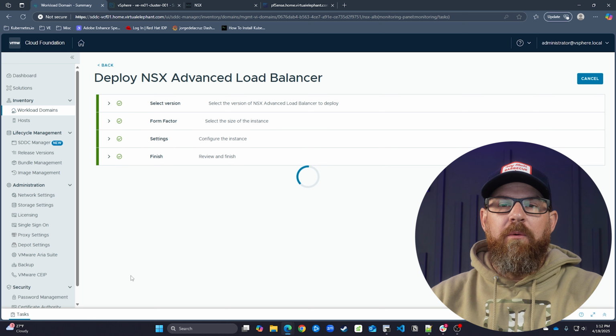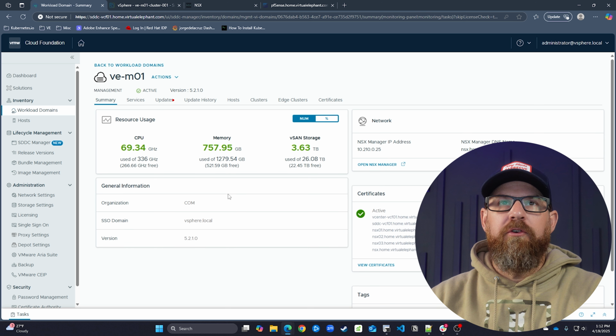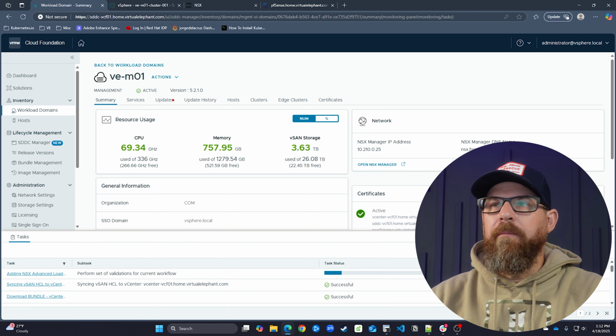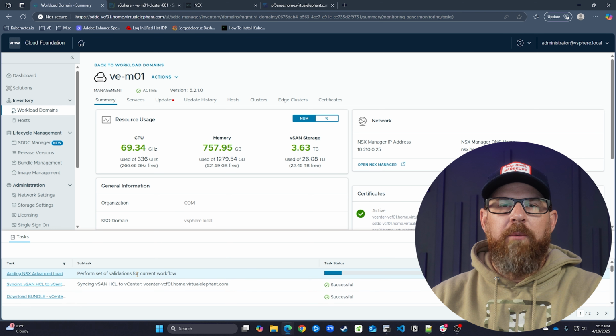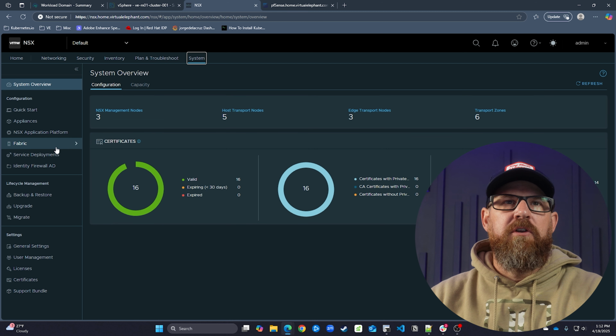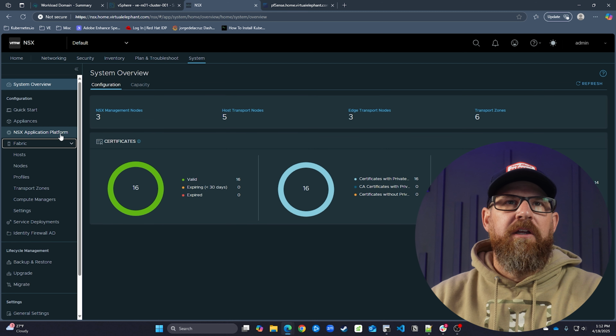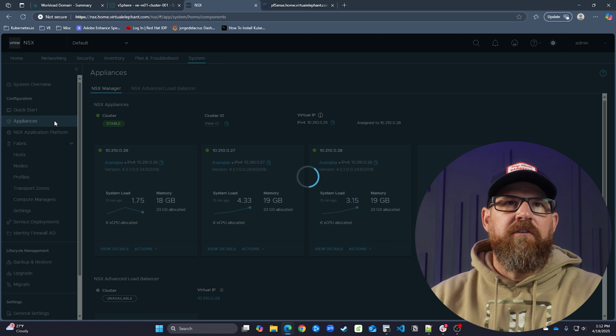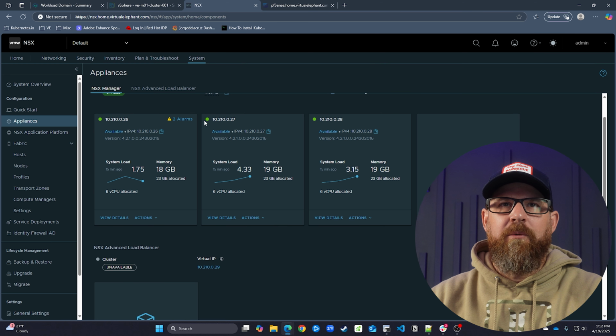Now this Avi workflow inside of the SDDC Manager is actually going to do the deployment of the Avi controllers. Okay, so we'll bring this up. We can see it starting to perform some validations, and it's actually going to tie it into our NSX Manager. As I switch views over here, we come under Configuration, System Configuration, and then Appliances. And once this stops spinning after it looks for the status, we can see here are our NSX managers,